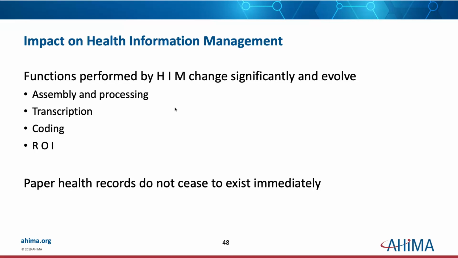And when you're moving from paper records to a hybrid record or from a hybrid record to an EHR, or, heaven help you, going straight from a paper record into an EHR, you still have things that don't cease to exist that have to be transitioned, and you have to think about how this process is going to happen. And it's not just taking paper processes and making them electronic. That's one of the worst things you can do. You need to make the technology work for you, and so your new processes need to be based on what the technology does. And that is it for chapter